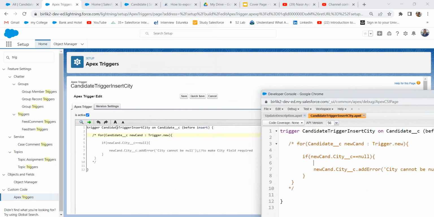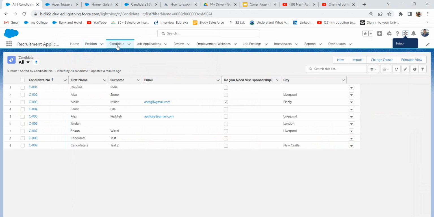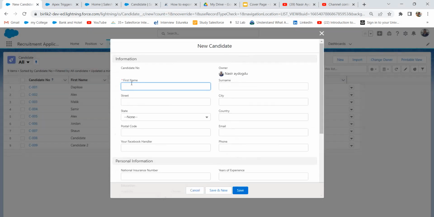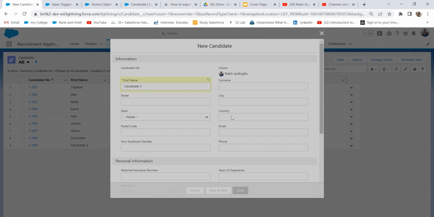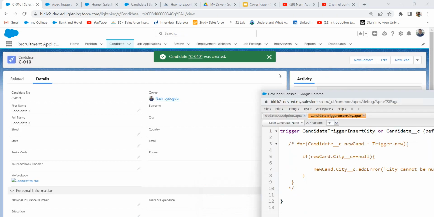What is my candidate trigger insert city? I would like to have the city in the candidate object required. For example, if I enter candidate 2 and candidate 3, and then I don't put a city, what happens? It really saves. But if I want to make it required,